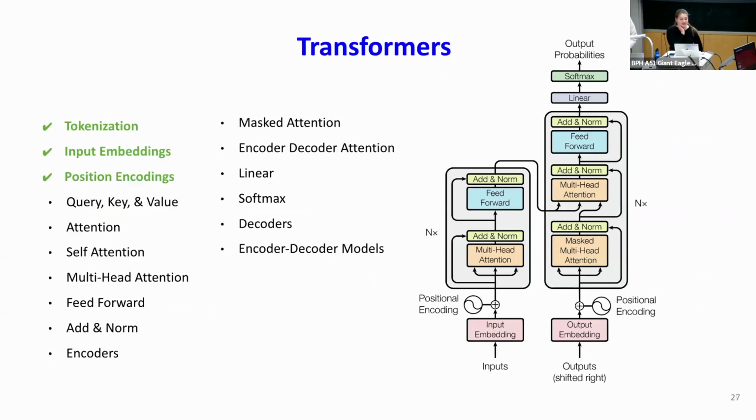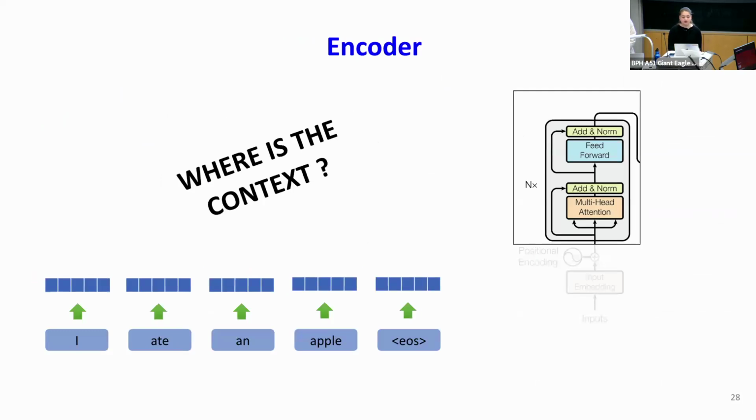So as of now, we discussed tokenization, input embeddings, and position encodings, and now we're ready to move on to the main goal of the entire transformer, which is basically the attention mechanism. So far, we're thinking about the transformer as transforming one input sequence to an output sequence, and the main concept that helps us make this conversion really effective